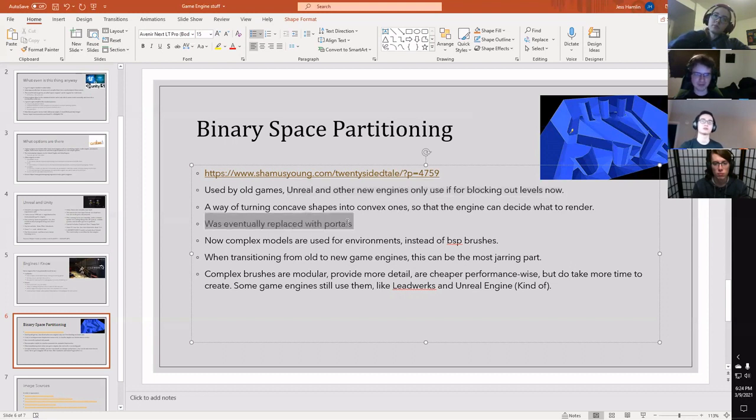So it was eventually replaced with portals. This was used in things like Quake, where instead of not rendering things that you couldn't see behind these pillars by looking at this crazy geometry, you would instead put not a portal in terms of the game, but a portal in terms of a window or a door, a portal into another room. And how that would work is every time you see the portal or the passage into another room, it would render the other room in its entirety, which means that basically